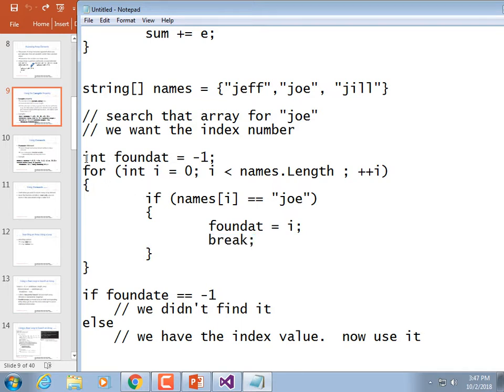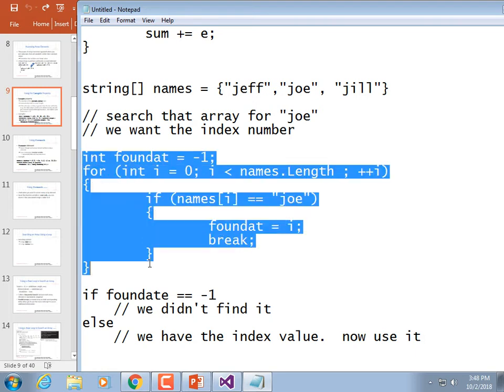But still, on average, if it's 1,000 long, it's going to take an average of 500 peeks into the array to find the element, right? And worst case is it's going to have to check all 1,000 of them. Best case is it finds it in the first one or whatever. But the worst case, if it's 1,000 elements long,